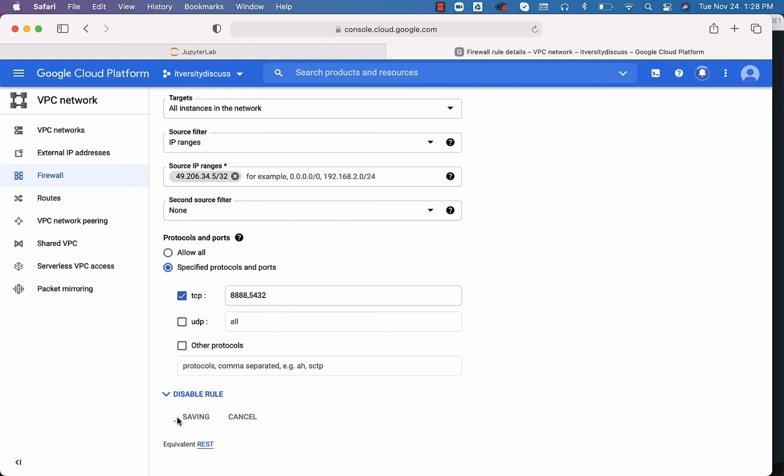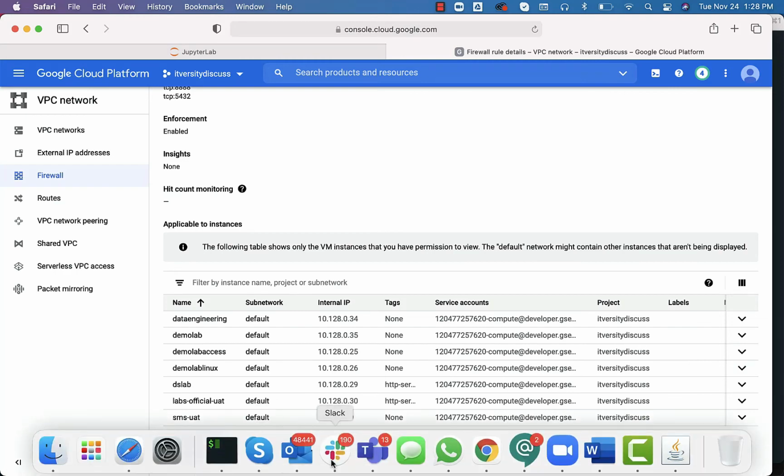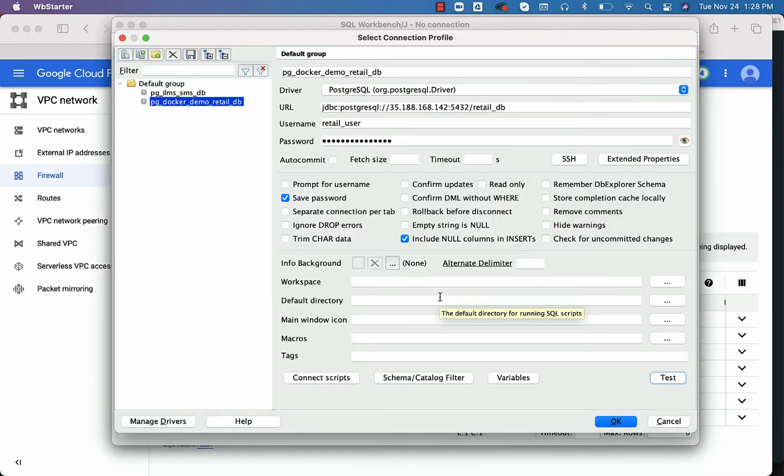If you don't do this, you will not be able to connect if you are following my content to set up the VM and then Docker and then Jupyter Lab and then Postgres and so forth. Anyway, we are able to access it because there are other firewall rules which opened up the ports for me and hence it worked for me. In your case, it will not work. The way you can fix it is by going to the firewalls in Google Web Console. Now let's go back to the content.